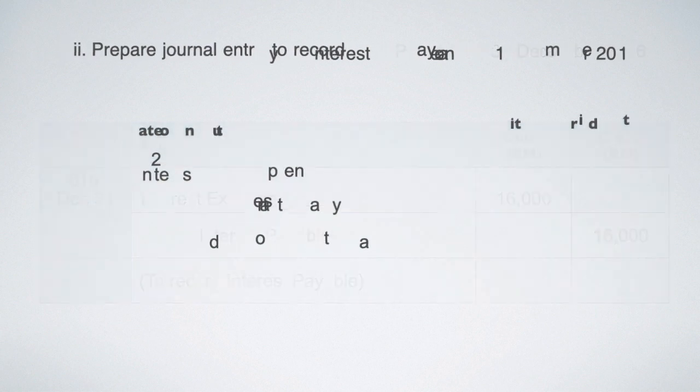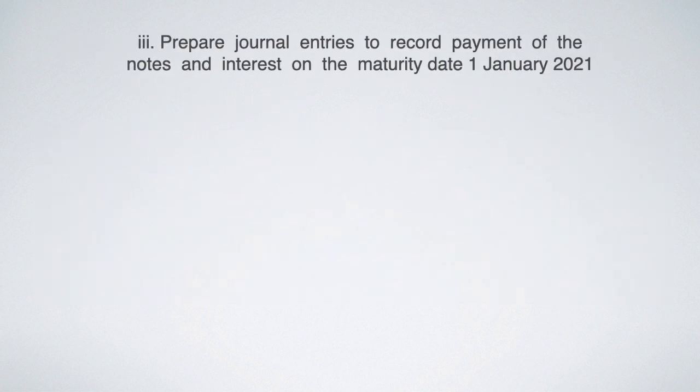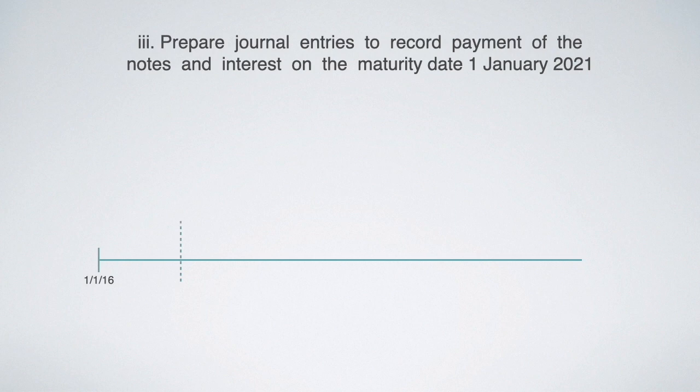Okay, sekarang kita akan pergi ke next requirement by the question. The question asks you to journal entries to record payment of the notes and interest on the maturity date. Okay, sekarang ni sebelum kita journal, kita tengok lagi macam mana perjalanan hutang ni. Okey, kita akan start semula daripada 1/1/2016 and then dia akan tutup account 31/12/2016 and then kan pada 31/12/2017 tutup account lagi,